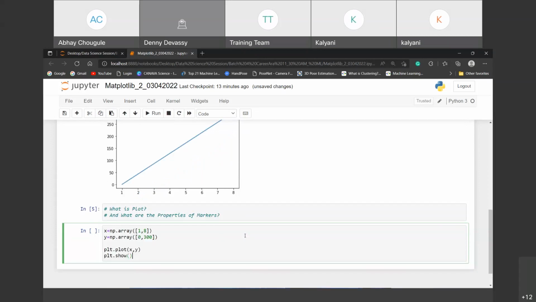So suppose I say like this, the same code I'm using here, okay? The third parameter is the marker. Without a marker, if I'm passing it, see,